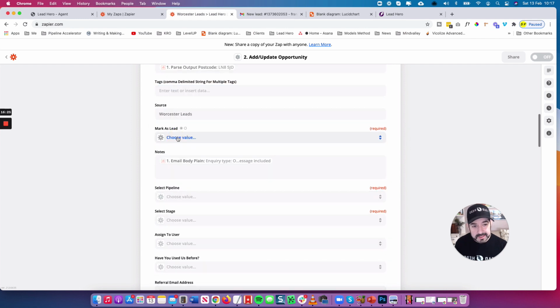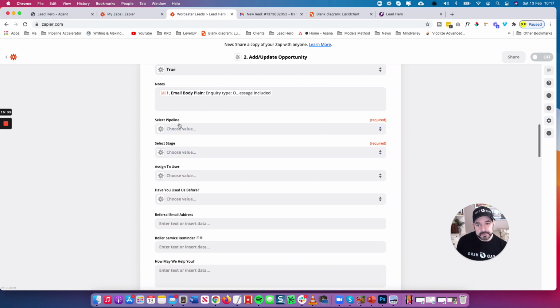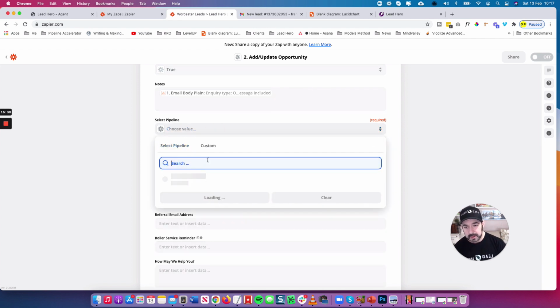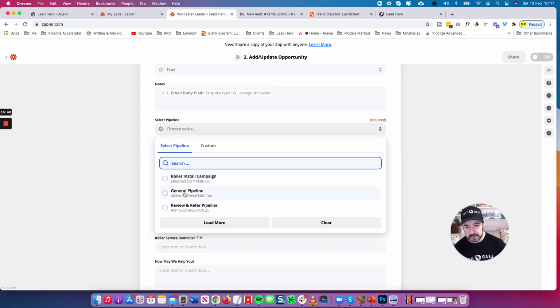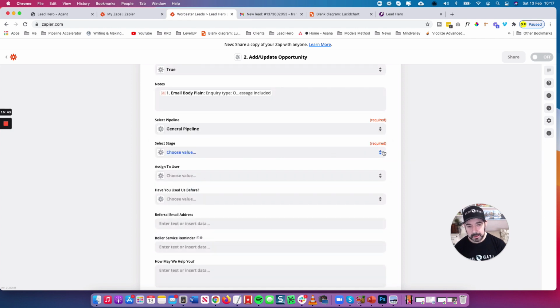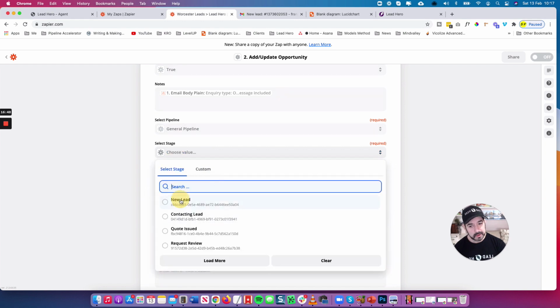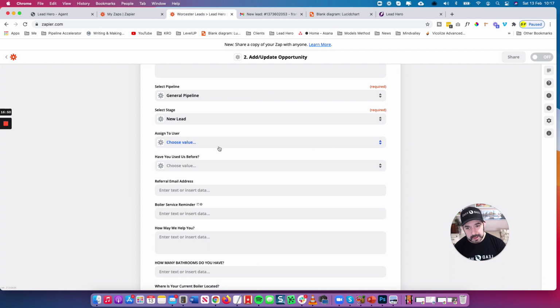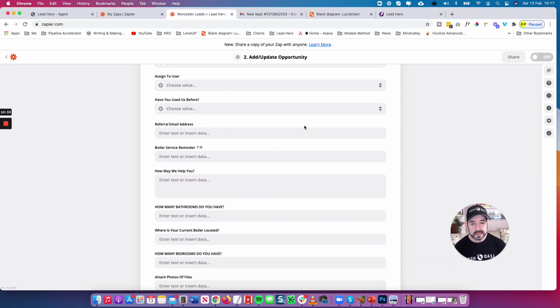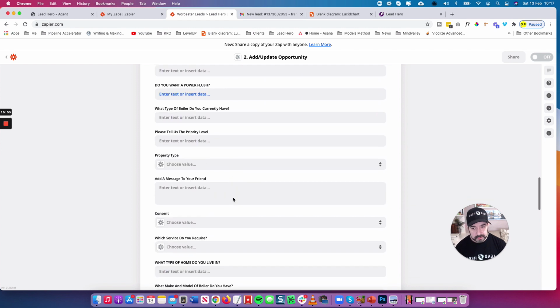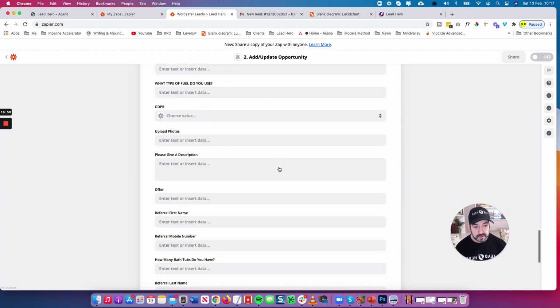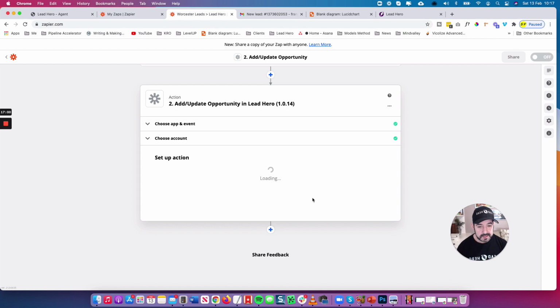You want to mark it as a lead. This is required, we require that. We want to know who's an existing customer and who's a lead. And this is where you choose what pipeline to put that lead into. Just for the example, general pipeline, where we don't have any automations at the moment, and we're going to put that into new lead. You don't have to assign to a user, and here's any other information that you might want to put in, but that's really all you need to get started. And now if I continue,